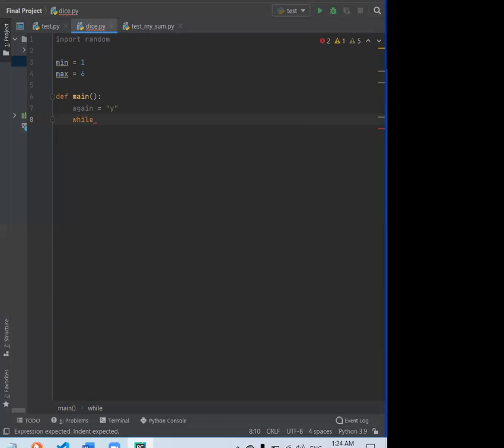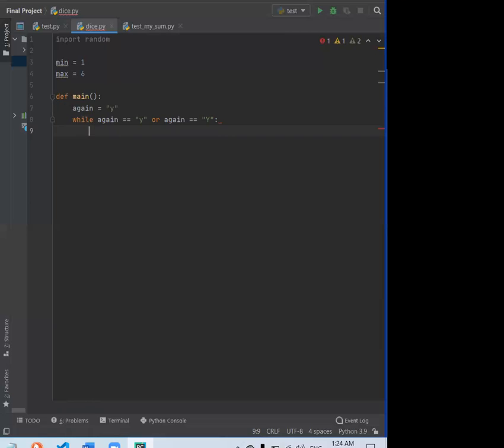Before we do that, we will use the variable that we have created. While again equals to y or again equals to capital Y,